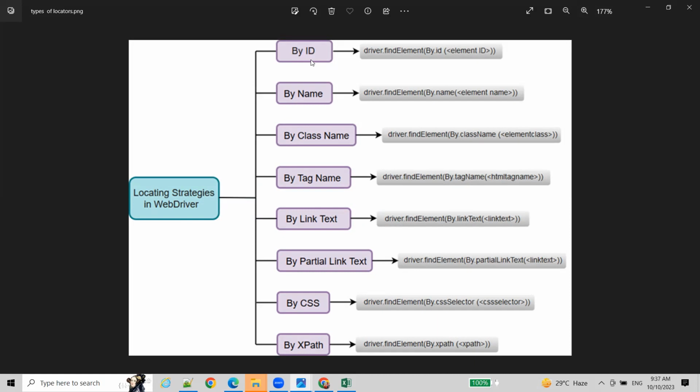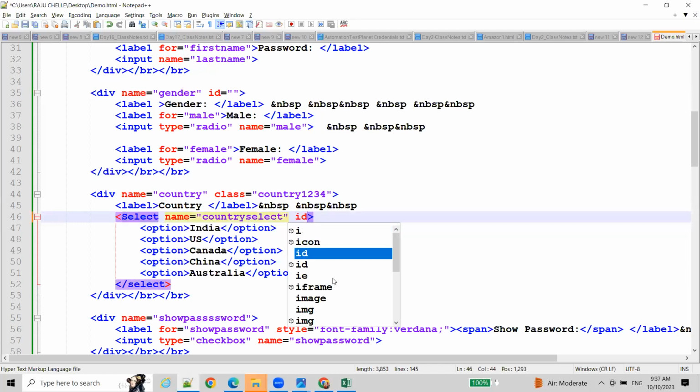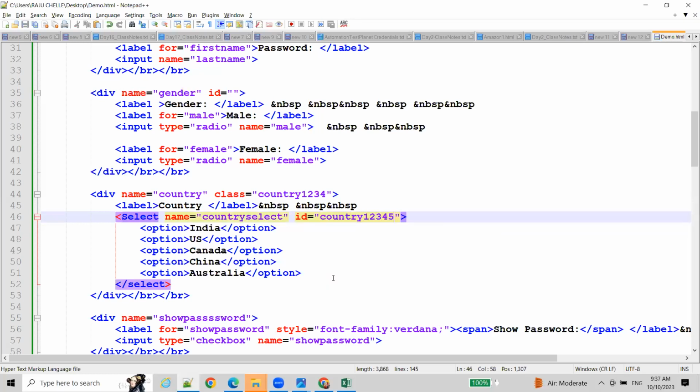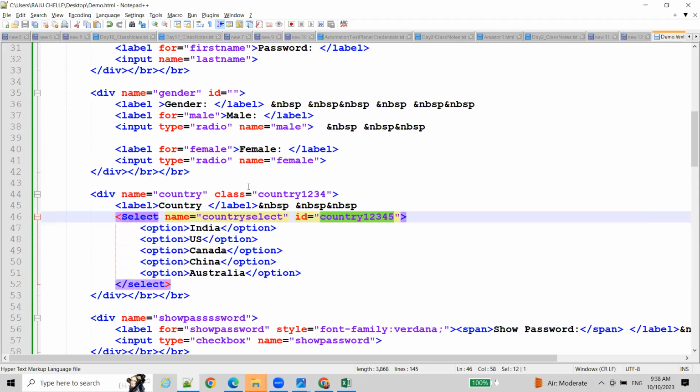Whenever you want to use the ID method, you have to take this particular one. Suppose you want to identify this list box, and it has some ID, suppose ID equals country 1 2 3 4 5. If it has some ID, you can directly use the ID method and pass this ID value. Suppose you want to use the name method, you can directly use the name country select and pass